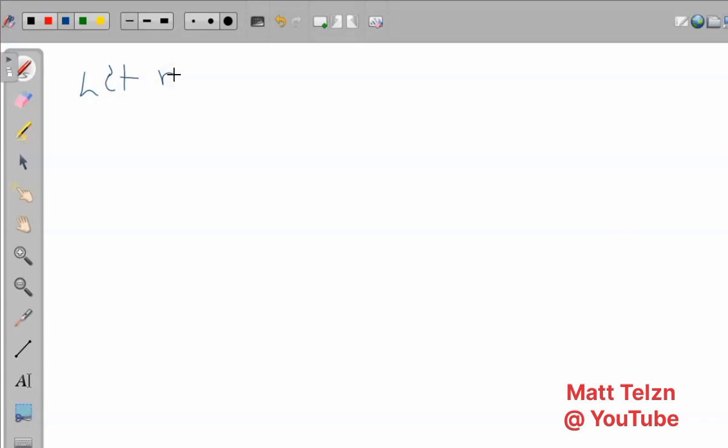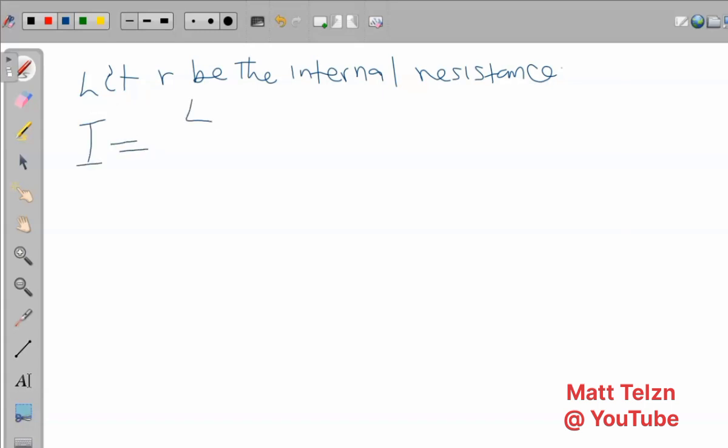R, small letter r, be the internal resistance of the circuit. Let small letter r be the internal resistance of the circuit, and we recall that I is equal to what? The EMF supply over the external resistance plus the internal resistance. Then